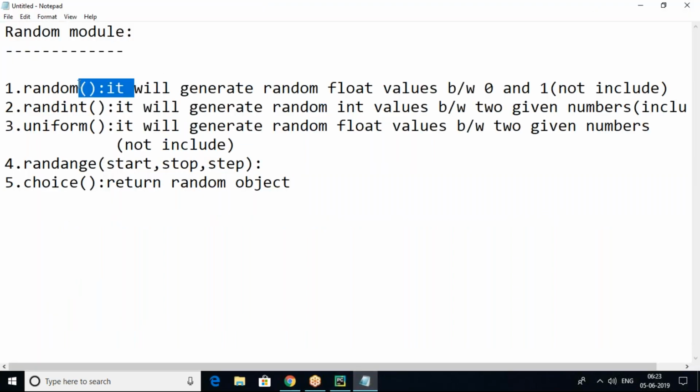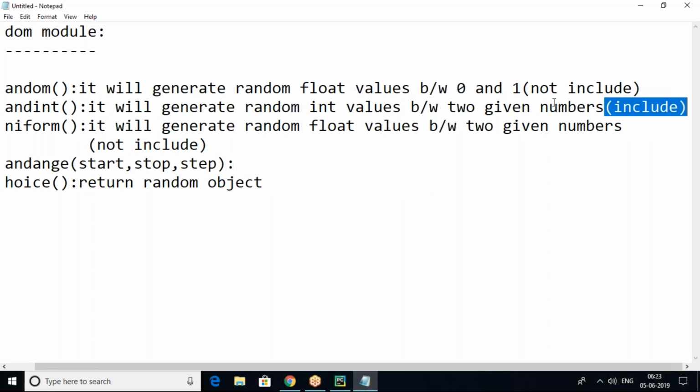So random is one function which generates random float values between 0 and 1, not including 1. If you want random integers, randint generates random int values between two given numbers, including your numbers also.